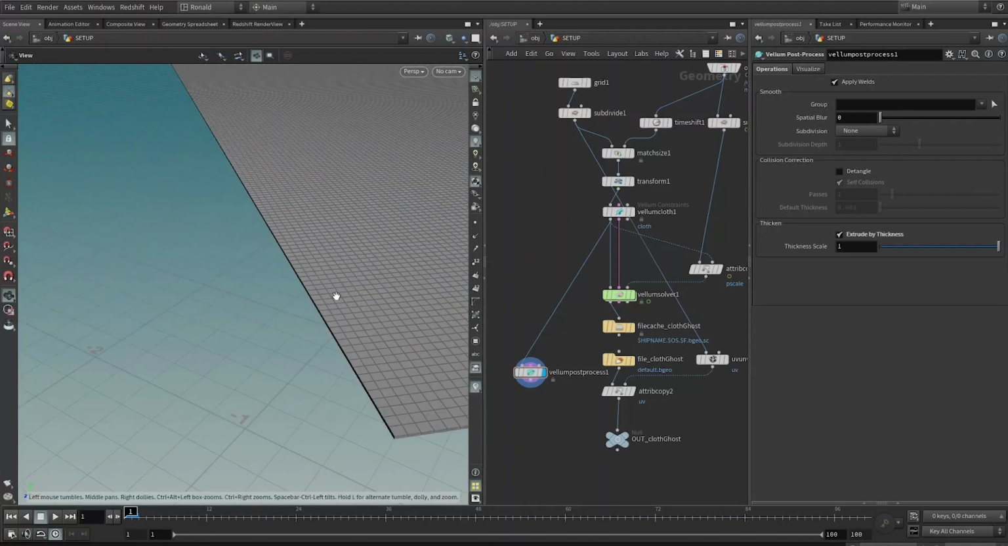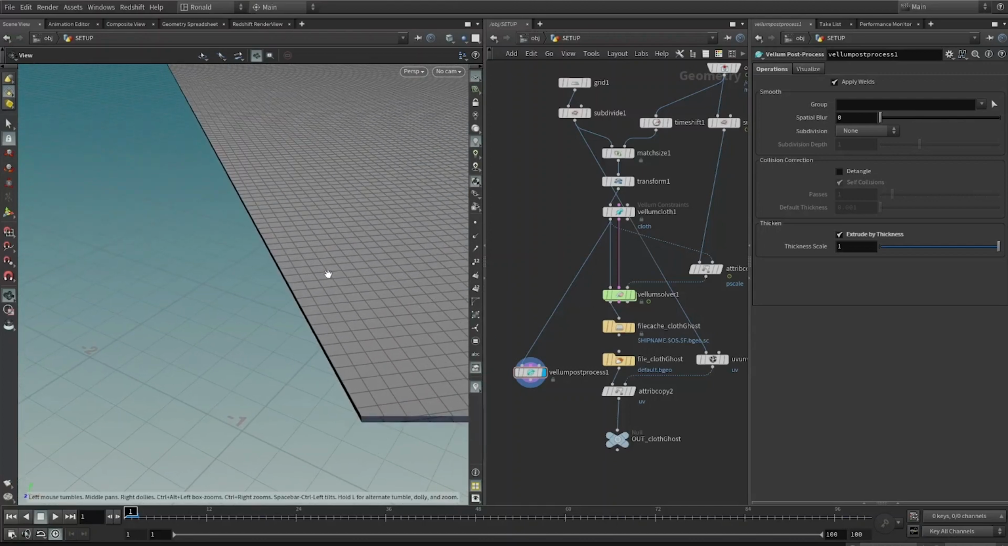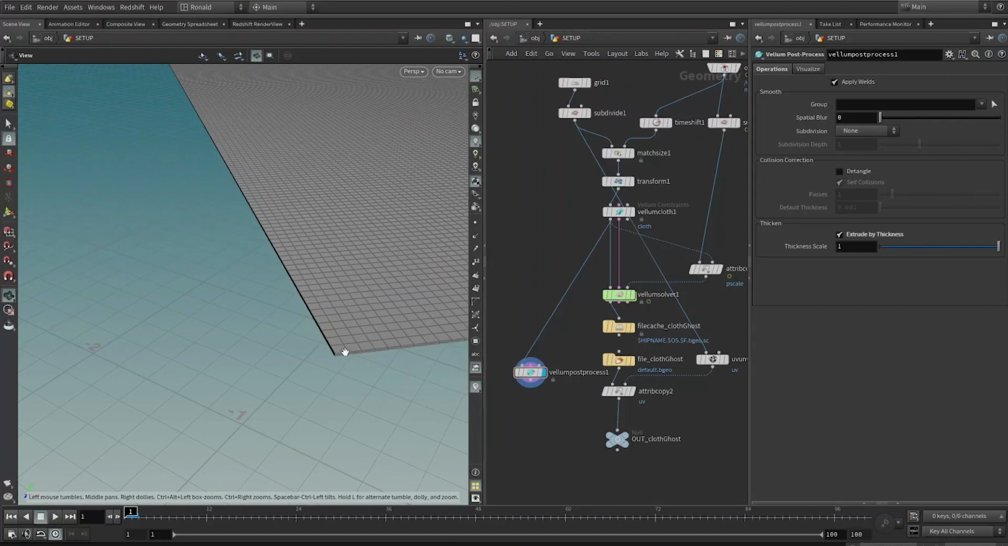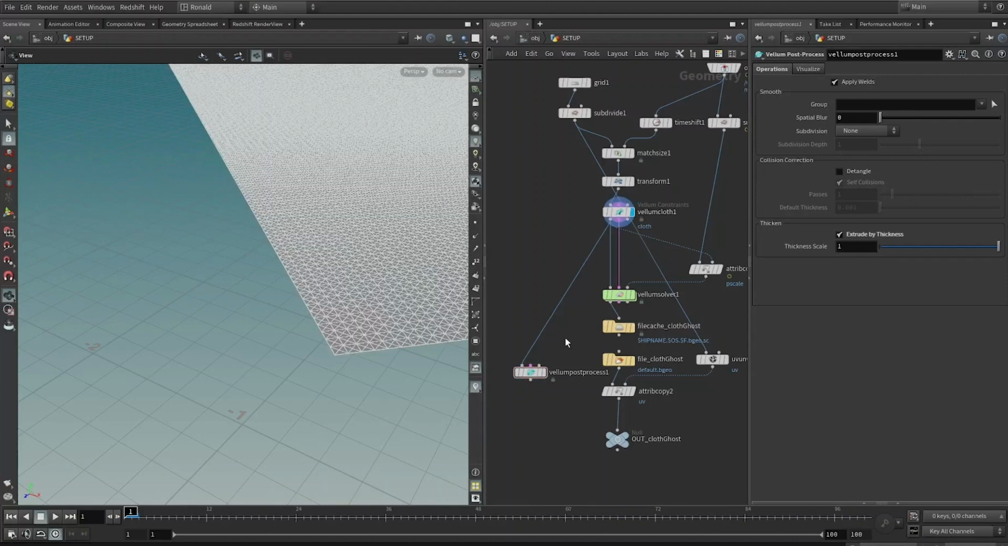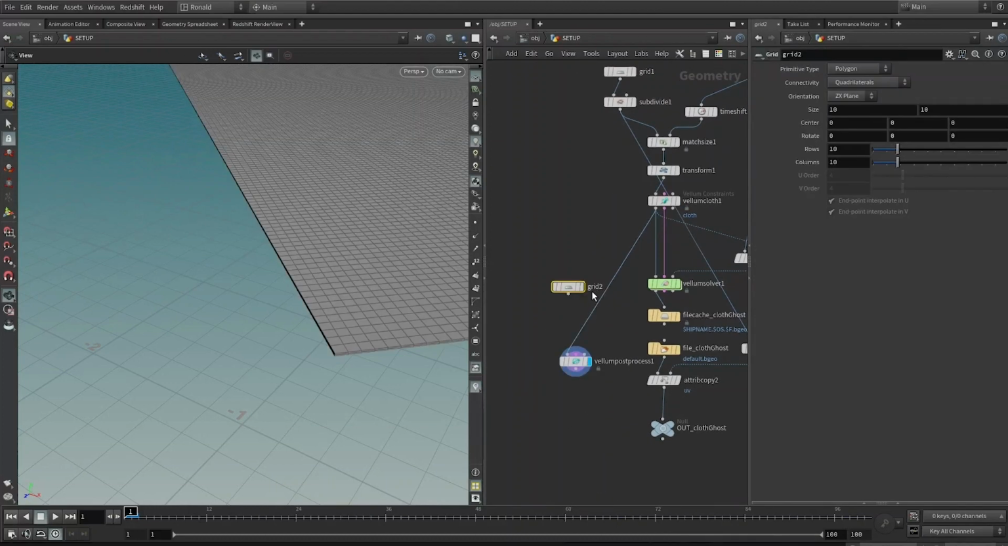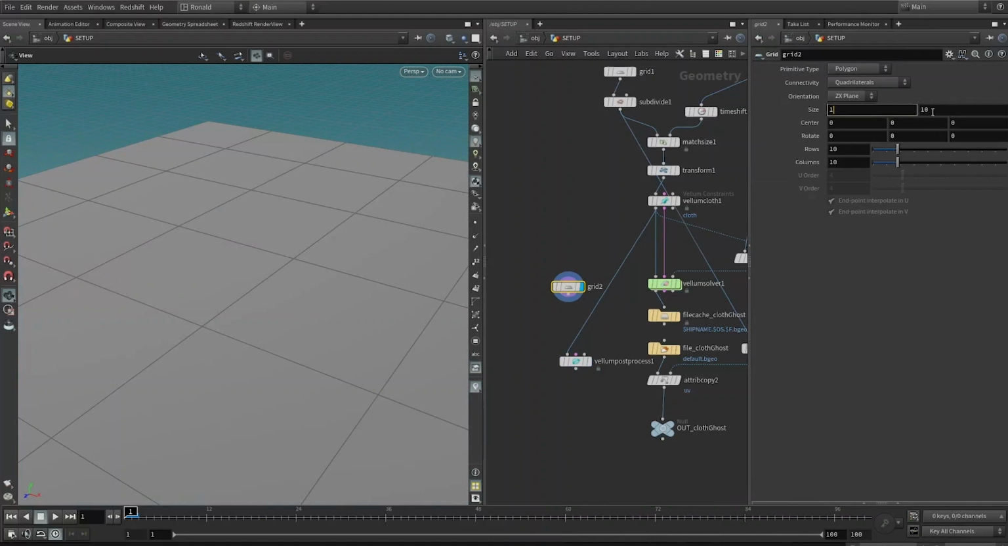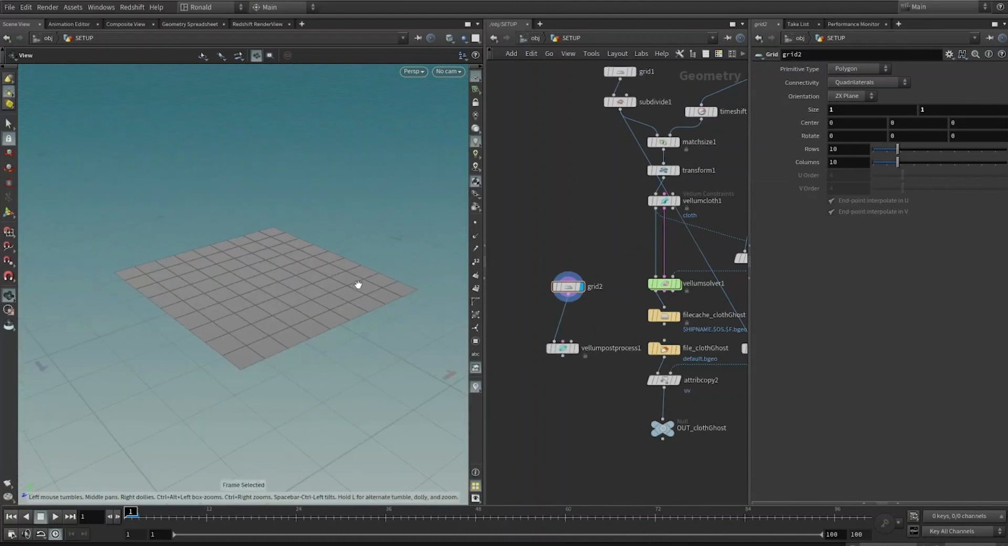And also what I love about this is that it actually extrudes upwards and downwards, right from the center of the plane. It actually extrudes to give it thickness instead of from a certain direction like a poly extrude. So let me make a 1 by 1 grid to explain this. You can see in order to give this grid thickness,